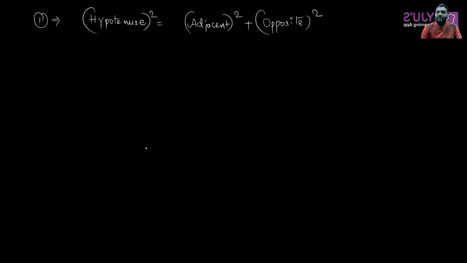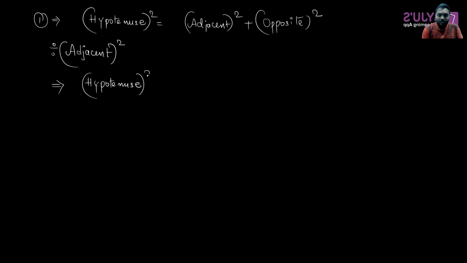Earlier I divided the entire equation with hypotenuse square, right? Now let us divide the entire equation with adjacent square. I'm just dividing the entire equation with adjacent square. Okay, so here when I divide, I'll get hypotenuse whole square divided with adjacent square equals to